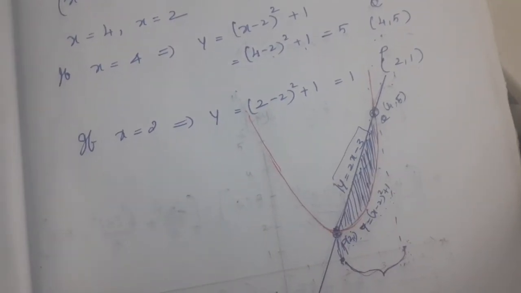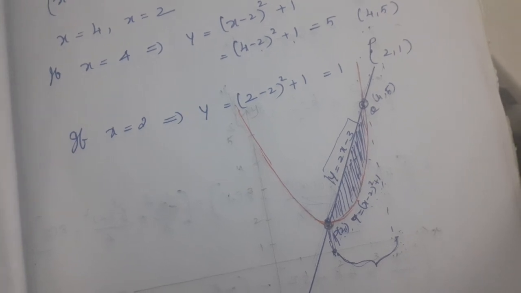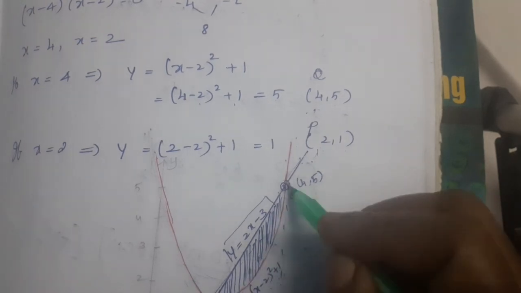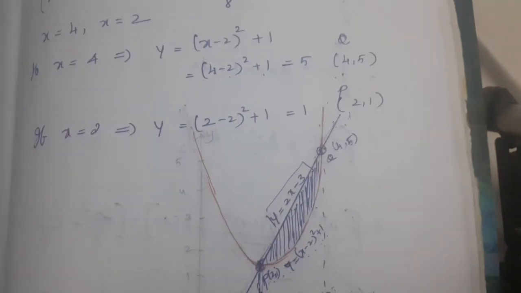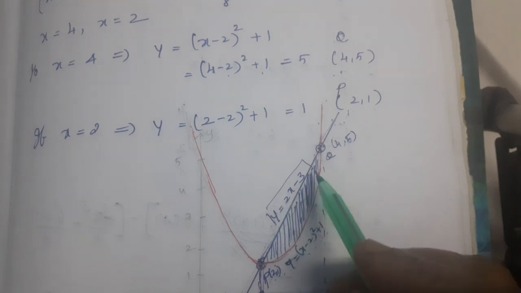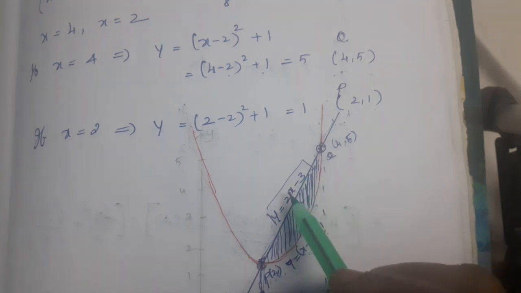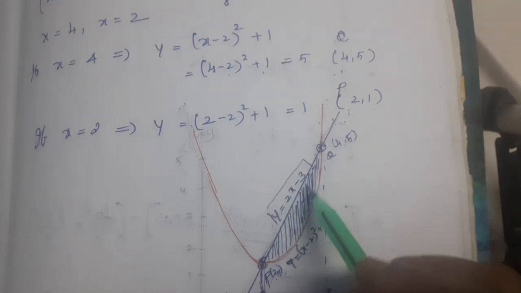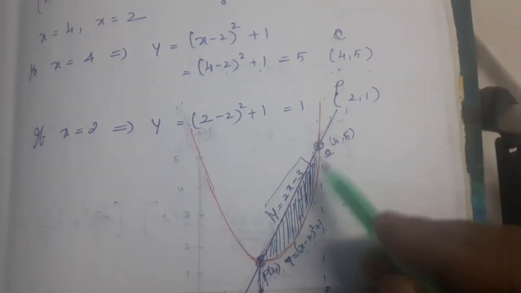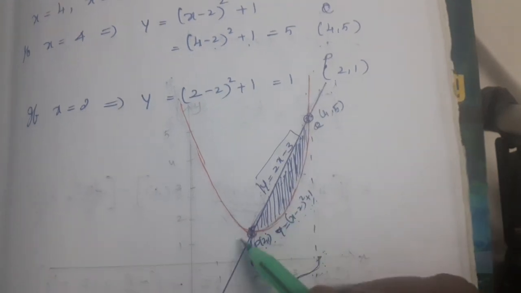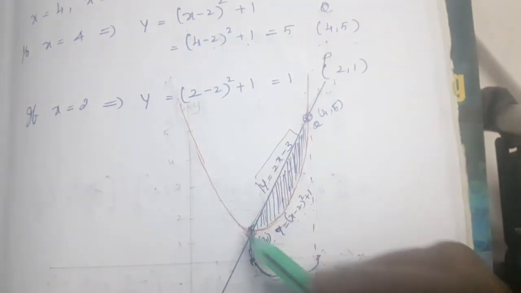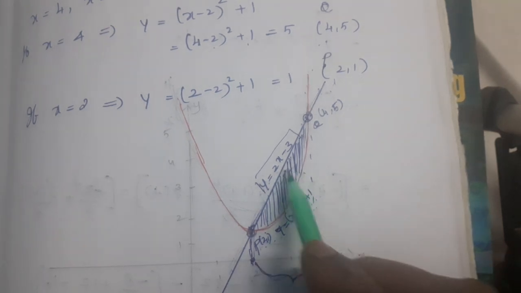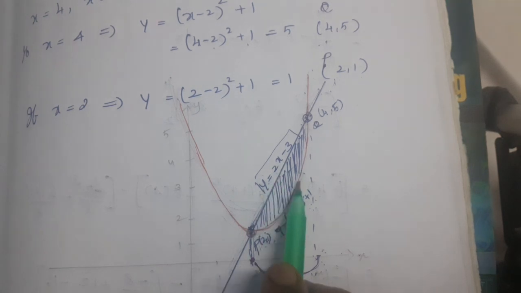Because the minimum point, what is the question itself given? The minimum point at P, the point Q on the curve such that the slope of PQ is given, y equal to mx plus c. You know the formula y equal to mx plus c. Now we are going to substitute using the curve and the given values. We find the equation of the straight line y equal to 2x minus 3. This is nothing but the equation of the chord. Now this is the equation of the chord, the straight line. This is the curve y equal to x minus 2 the whole square plus 1. This region is the area bounded between the line and the curve.